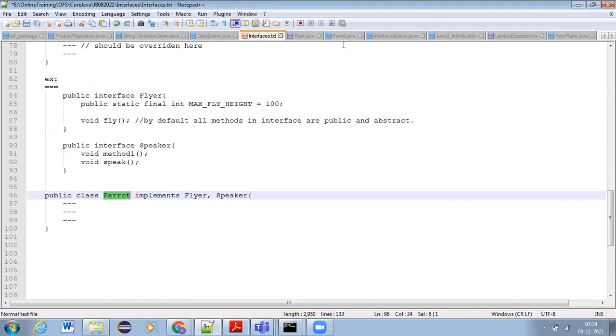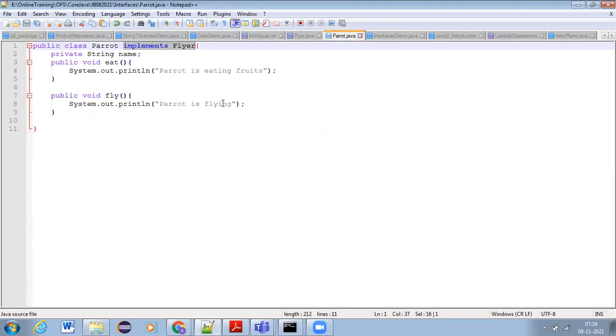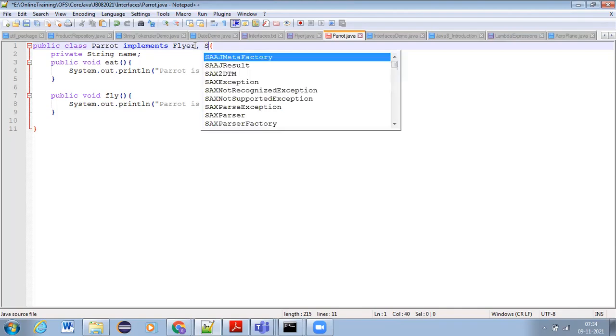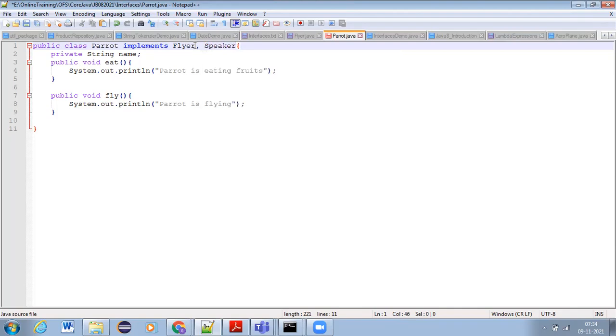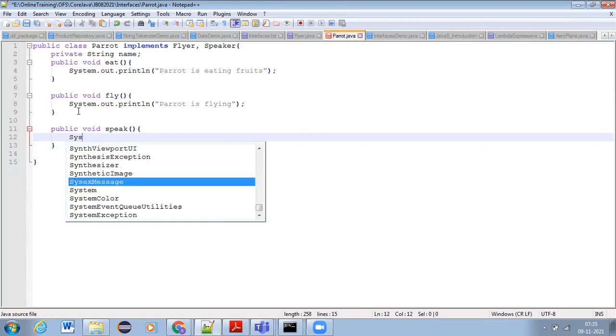So now let us modify the Parrot class. Flyer, comma, what is the other interface? Speaker, right? Whenever we write Parrot implements Flyer, comma, Speaker, then what should we do? We need to write public void speak. Parrot can speak or not?